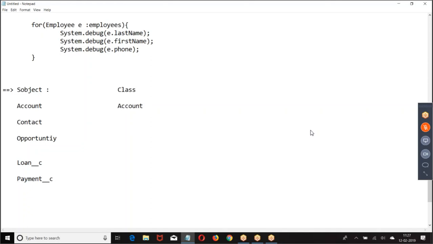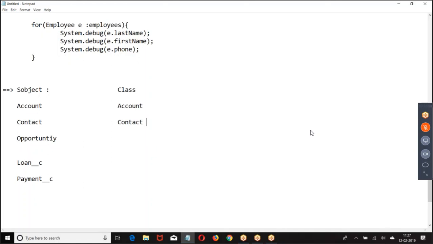For account table, there is a standard Apex class called account. For a contact table, there is a standard Apex class called contact. Every table you find in the database has some predefined Apex class created by the Salesforce. Every table you have in the database, for that, Salesforce has created one Apex class internally.